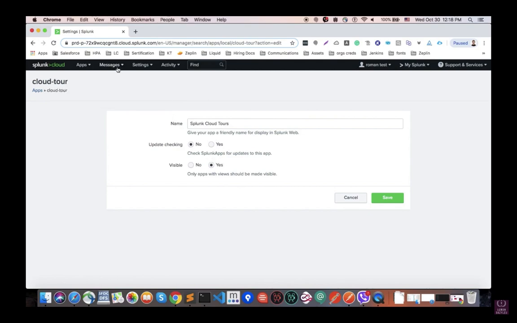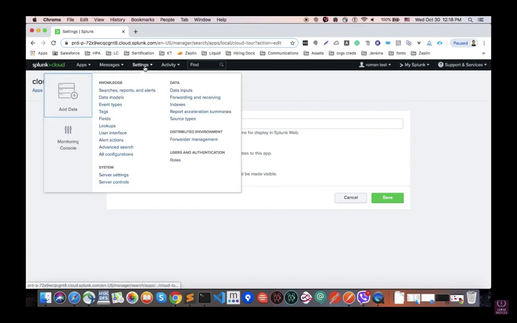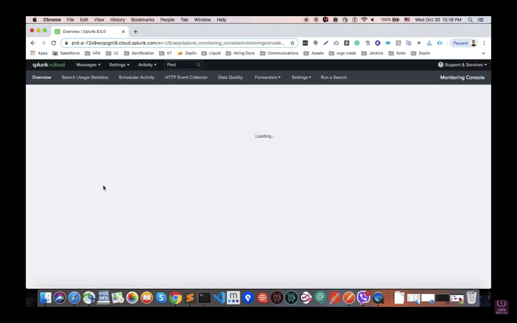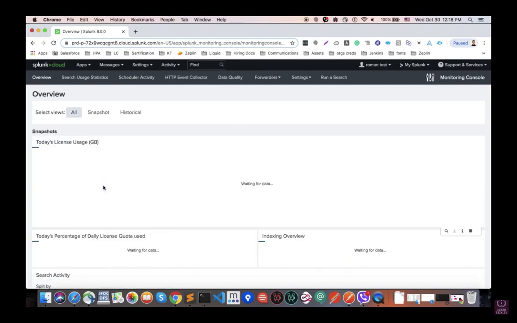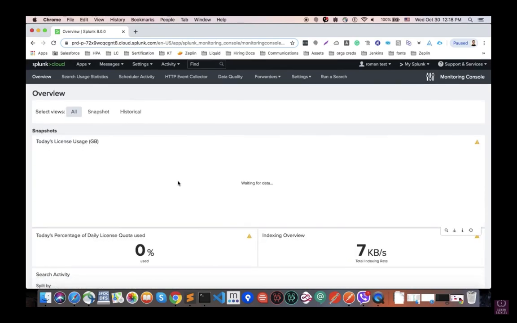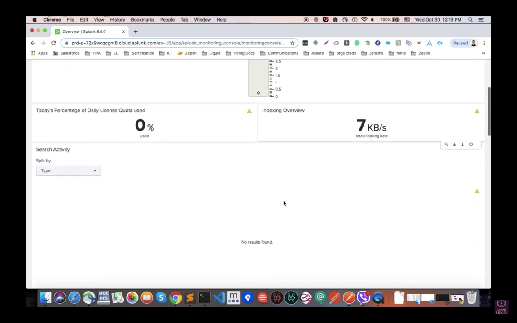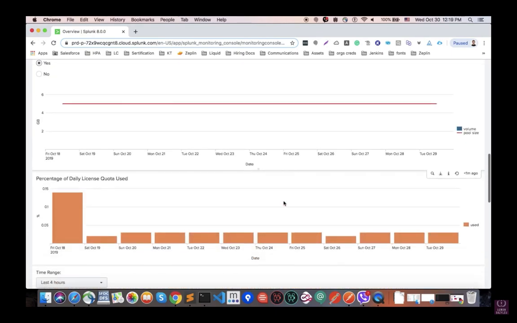Here is the Messages tab. If Splunk has something to tell you, it will show it here in the Messages tab, for example, some upgrades or something else. One very interesting item is Settings, because here we have the possibility to use the Monitoring Console. And here, what do we have? We have a good list of snapshots that allow us to understand what resources are currently used on